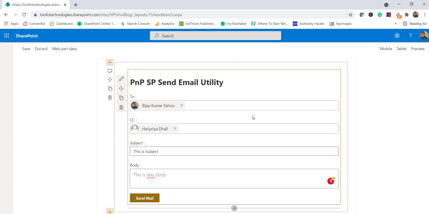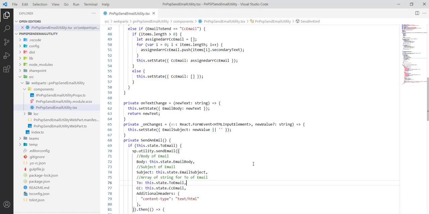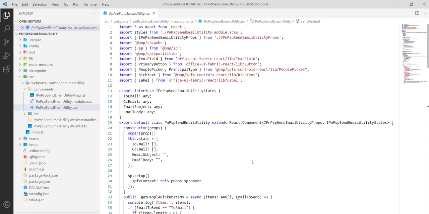Now for this I have already written the code, so I'll open my solution, but again let me tell you how we can go through this. First make sure that you create an SPFx web part which will be a React web part, and this is a client side web part. Just create it and then you are ready for implementing this code. I have also written a complete blog post on the same where you can even download this project. Once you download, you can just run npm i and then you will be able to run this project on your environment as well.